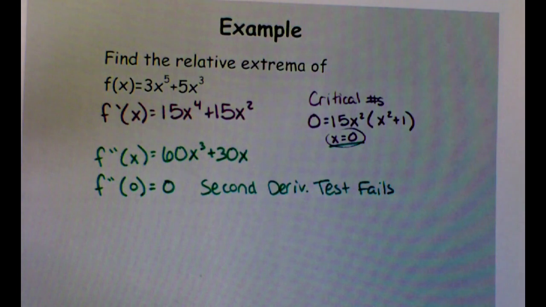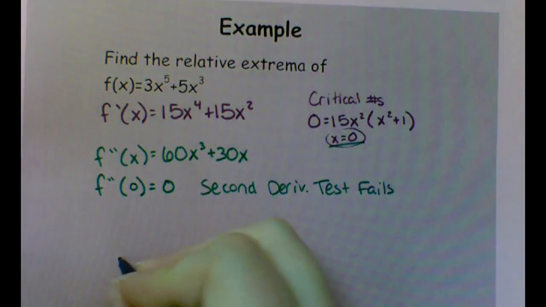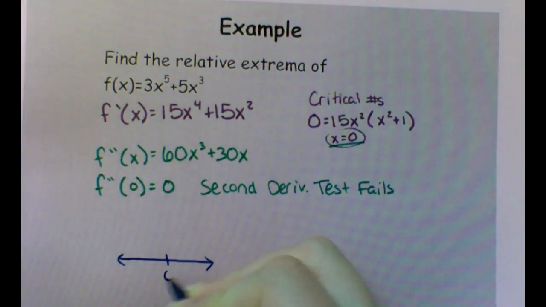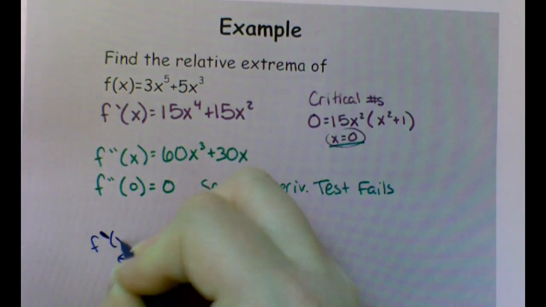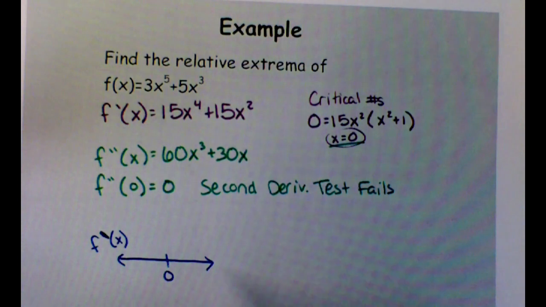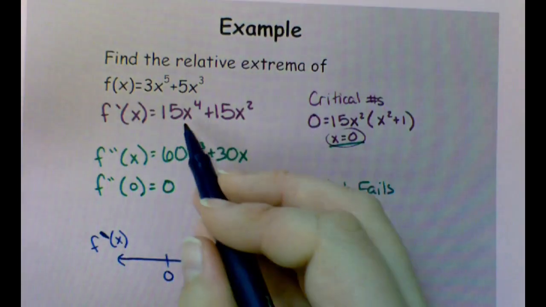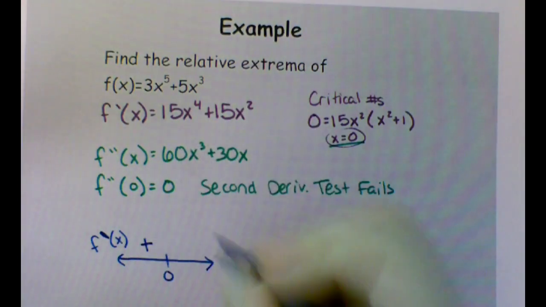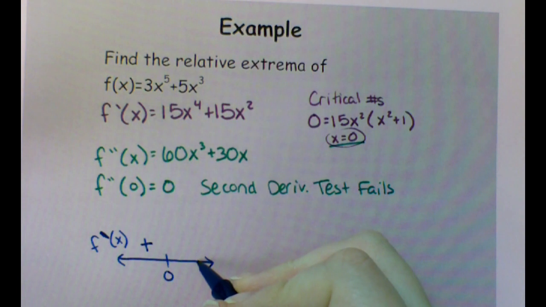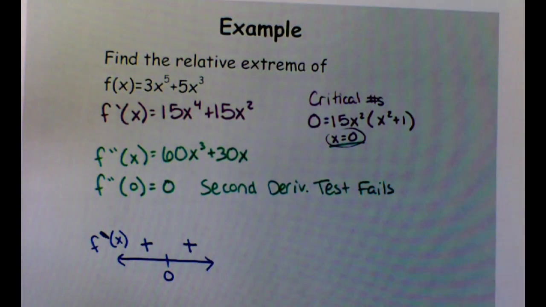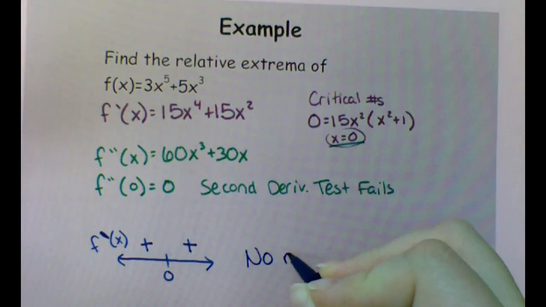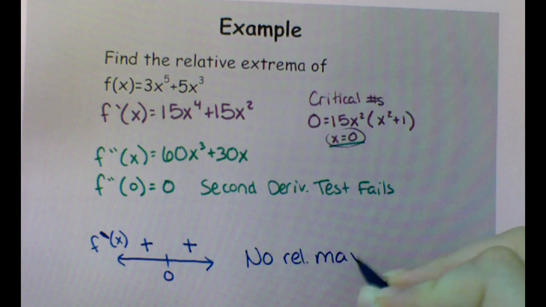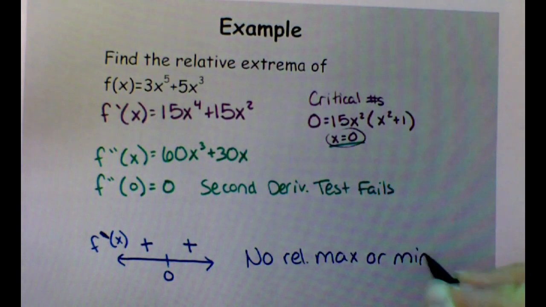So that means we have to go back to the first derivative test, which is where we set up our number line, put in our critical number, and evaluate the first derivative on either side of that critical number. So the first derivative at a number less than 0 is positive. The first derivative at a number greater than 0 is positive. Well, that's why the second derivative test failed. There are no relative maxes or mins on this